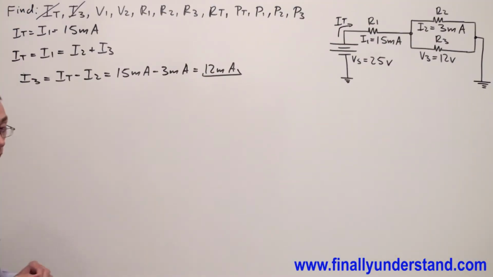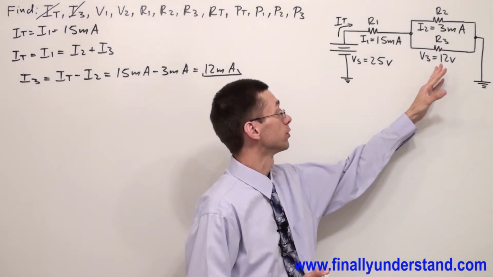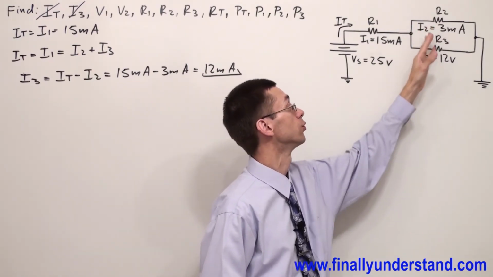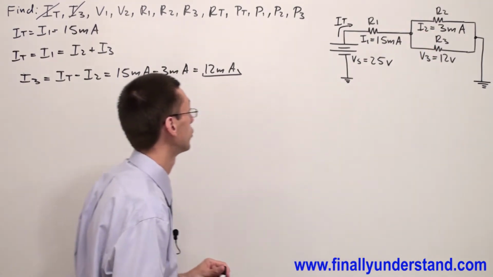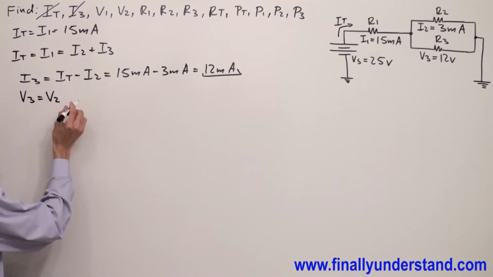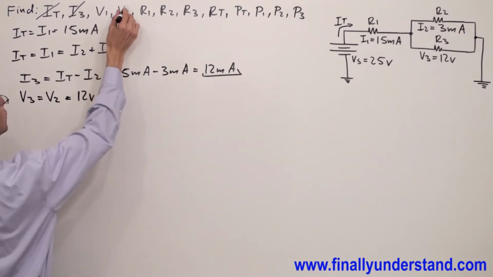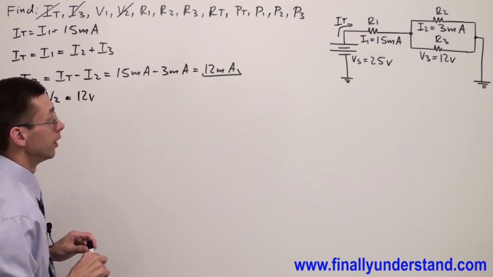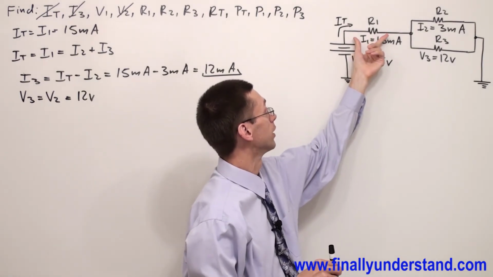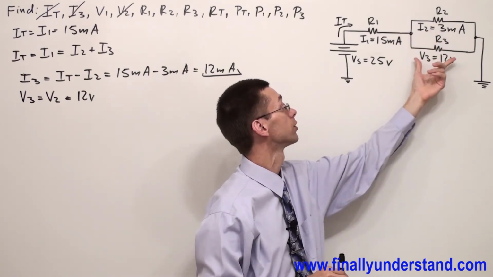Now we're supposed to realize that voltage V3, which is equal to 12 volts, is going to be equal to the voltage across resistor R2, because these two components are in parallel. That's why I'm going to write that V3 is equal to V2, and this is equal to 12 volts. So we found V2. Please notice that the sum of the voltages, I mean V1 plus voltage which we have across these two resistors, which is 12 volts, is going to give me